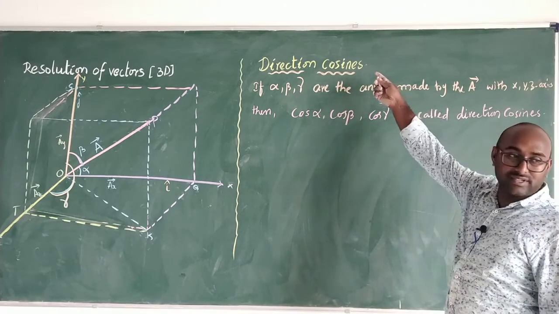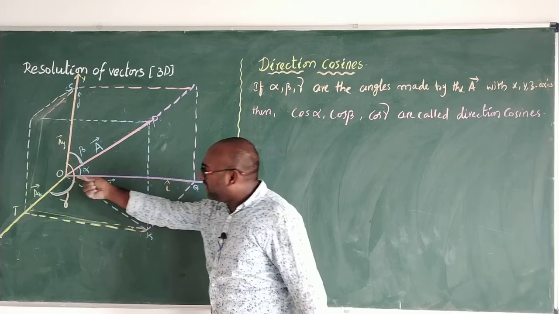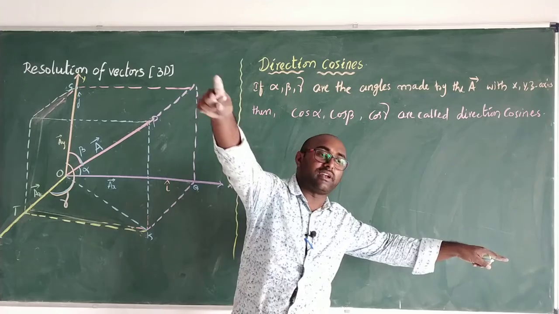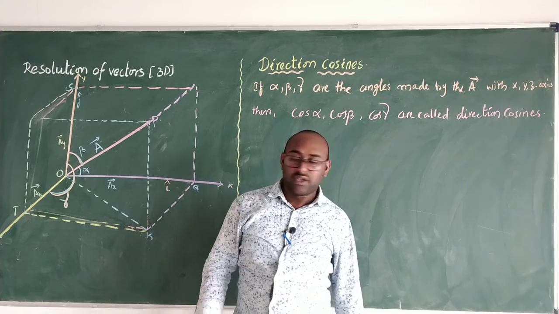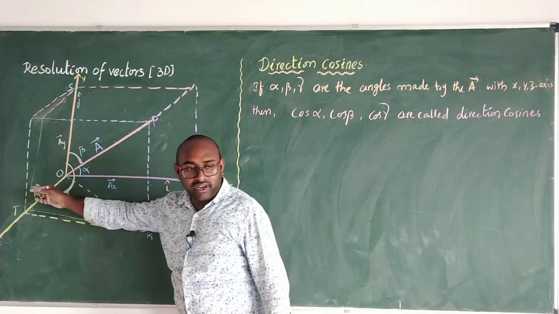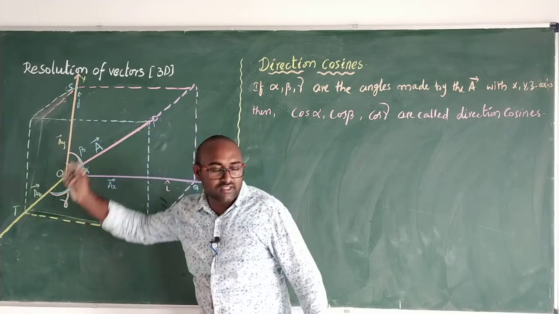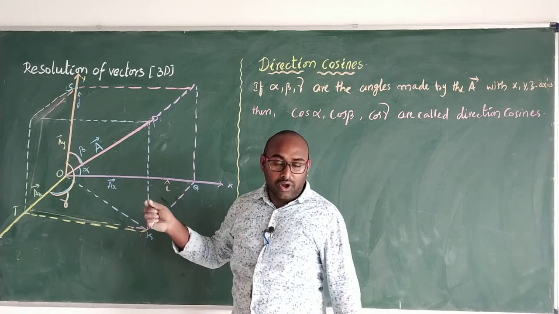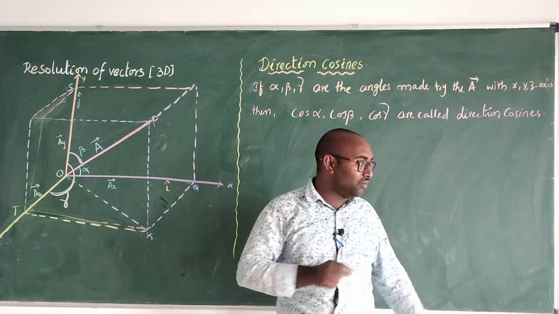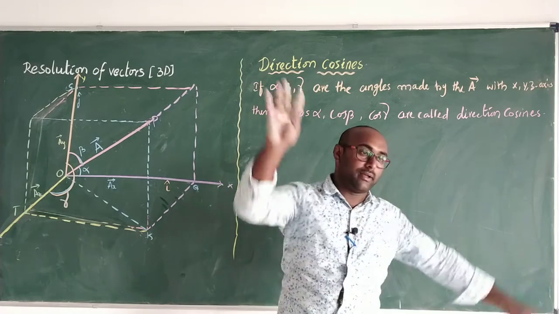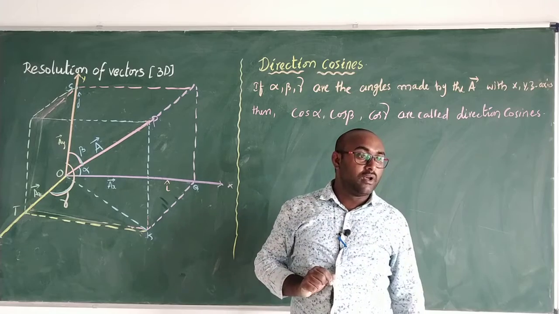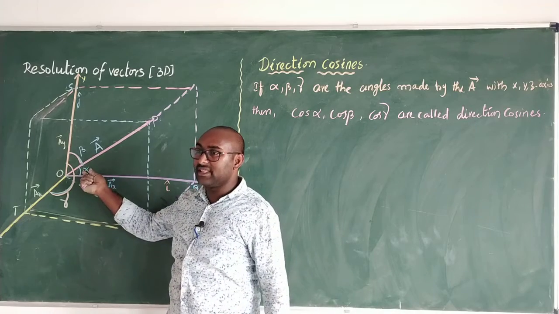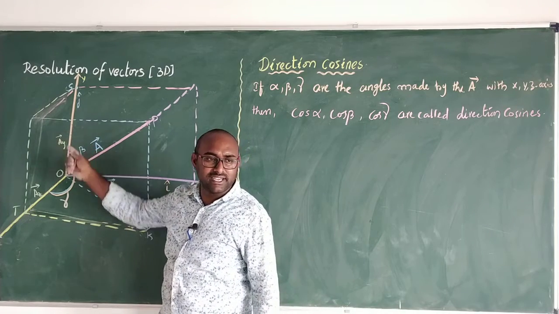See, when I talk about direction cosines, I am not talking only about the x-axis, but with respect to x, y, z, so what is the resultant direction of the given vector? The i, j, k tell us when it is along the x, along the y, or along the z. But I want to know the resultant direction of the given vector A, not just along x or y or z. So how will I find the direction of vector A? By knowing the angles made by that vector with respect to the x-axis, y-axis and z-axis.